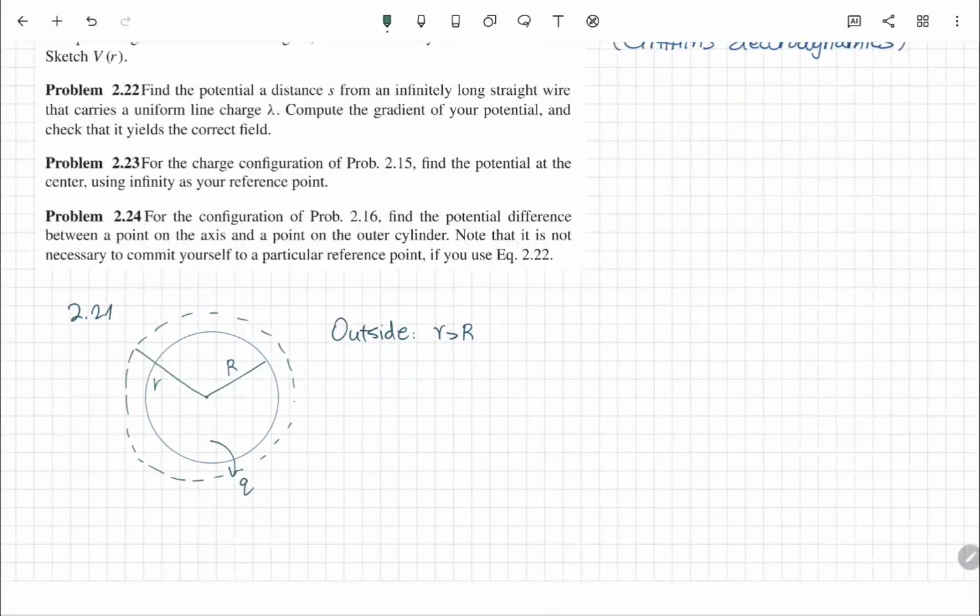This is our Gaussian surface. According to Gauss's law, the flux through a Gaussian surface equals 1 over epsilon naught times the total charge enclosed. In this case, the total charge enclosed is all of these, which is Q. So the right side of Gauss's law is just this. The left side is